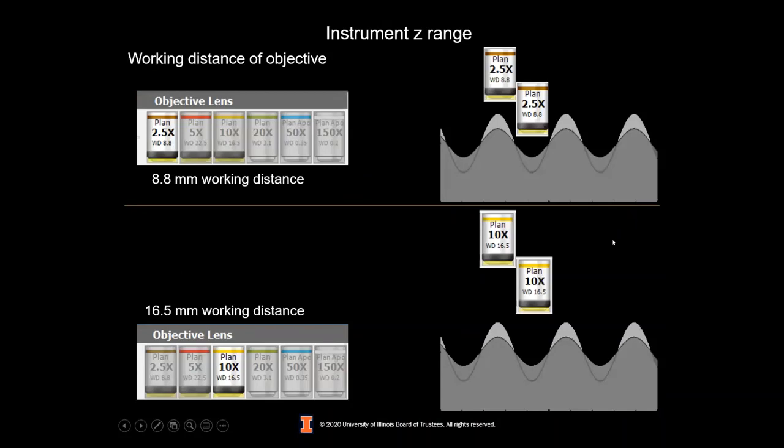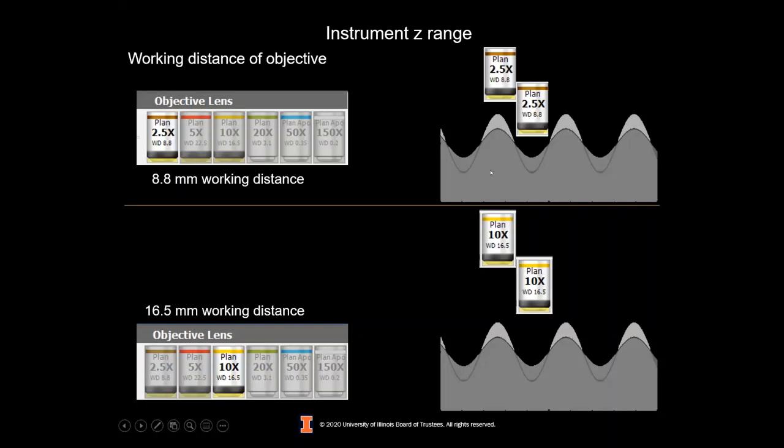This is comparing that S sub Z, the highest point on the surface, to the lowest point on the surface, to the working distance of the objective. Here I'm comparing two different objectives. One has a working distance of 8 millimeters and change. The other has a working distance of about 16 millimeters, so roughly a factor of 2, even though the magnifications are different. So if I want to focus on a feature at the bottom of this sample here, then the 8-point-something millimeter working distance objective has to get closer and runs the risk of crashing into features that protrude on